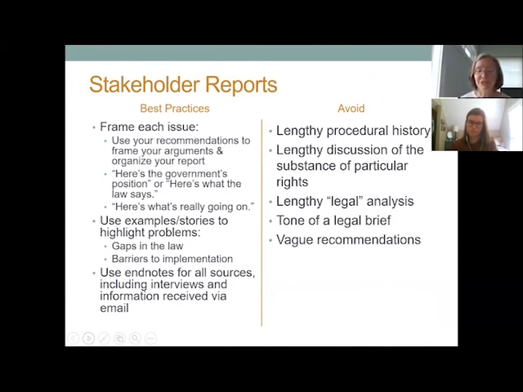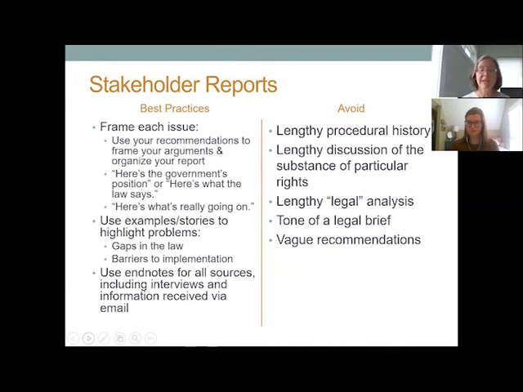Best practices include using endnotes, as Elizabeth said, and those endnotes should show where your information is coming from. So they should be a way to prove to yourself and to the world that you're not just making this up. You have sources for every claim that you're making. Now, it might be that you received information from an email or from an interview with someone. You can still include that as a footnote to document where you got that information.